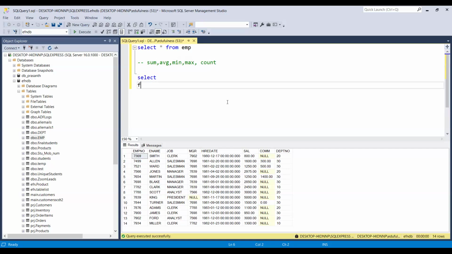Now, see, this is the table. Now here you can see. I want to find out, for example, in your organization, your company,